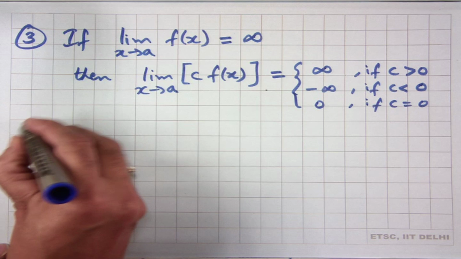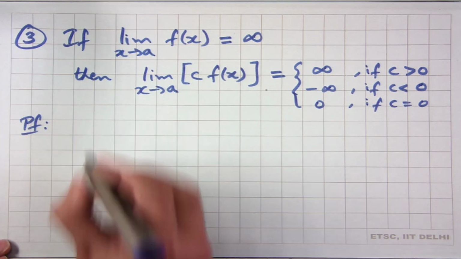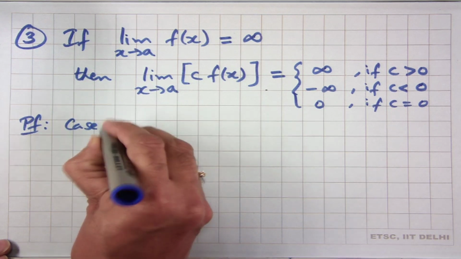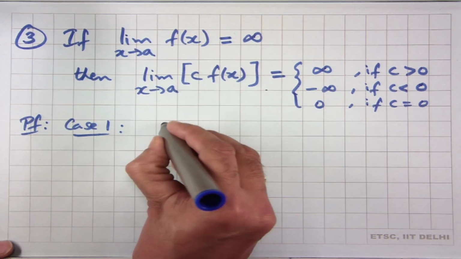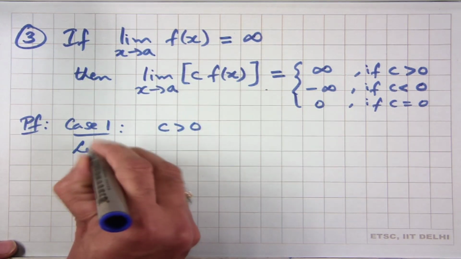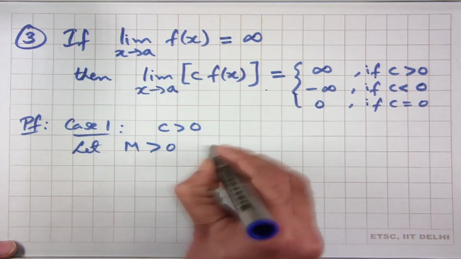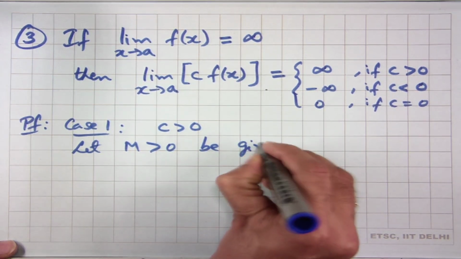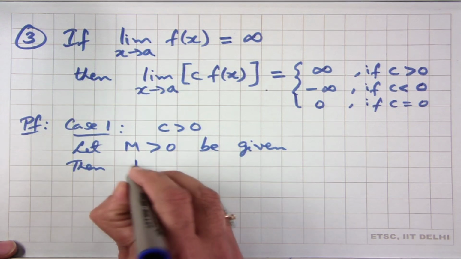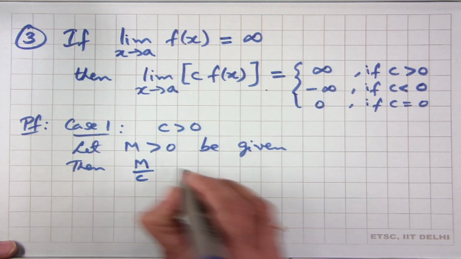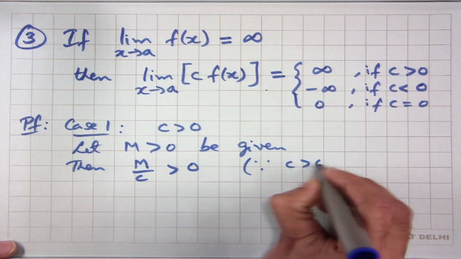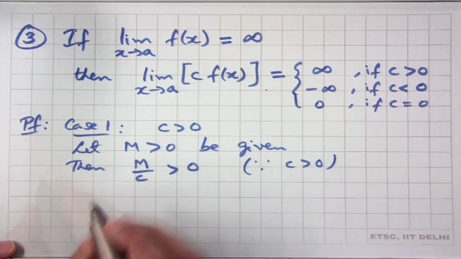So, why is this? First, case 1: if c is positive, then let m greater than 0 be given. Then m by c is also positive because c is positive. So, therefore, since